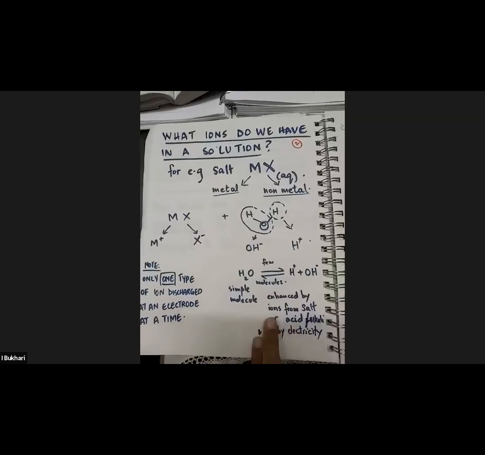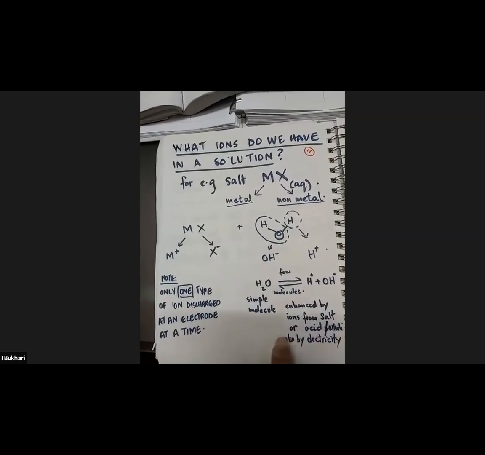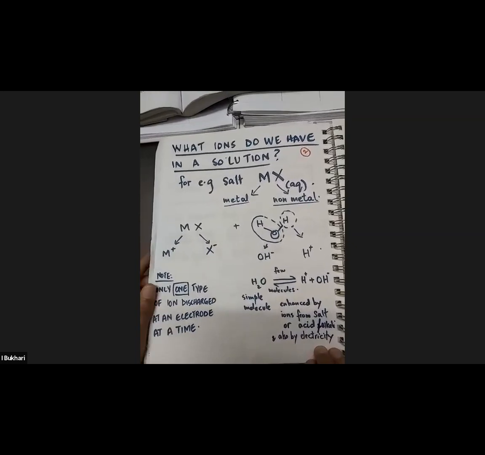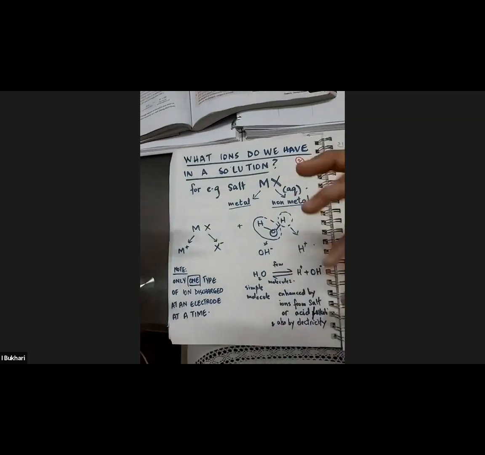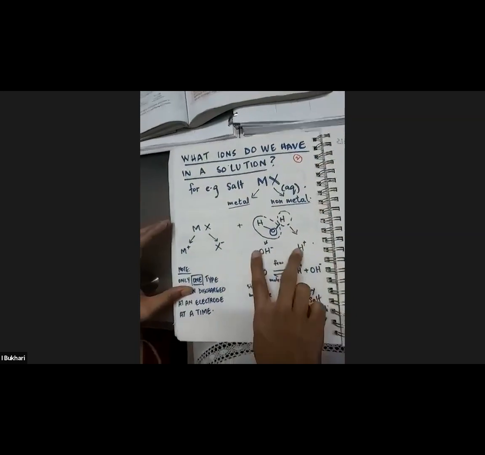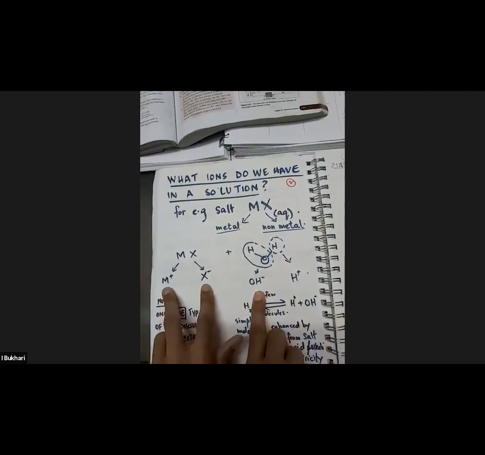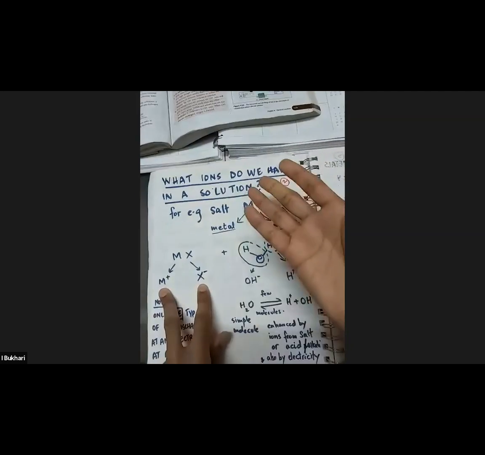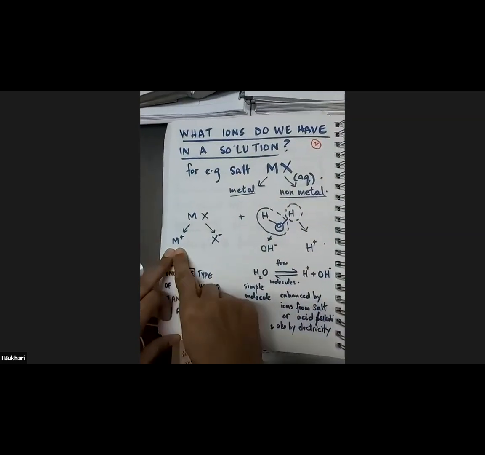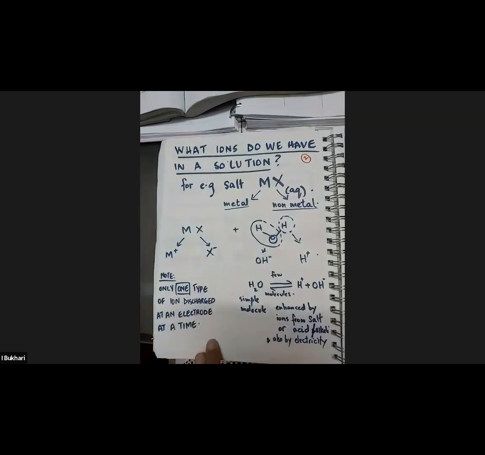By the addition of salt or acid or even alkali. Okay, and if you pass electricity through it, that will be further enhanced, right? So you understood this. Whenever we have a solution, we have these two ions from the water molecules, hydrogen ions and hydroxide ions. And then if we have an ionic compound, a salt, then we have the metal cation, M is for metal, any metal cation, and the non-metal anion, right?